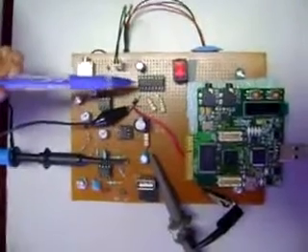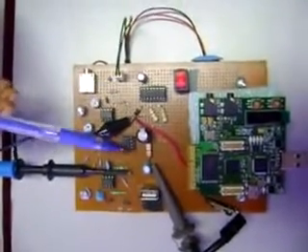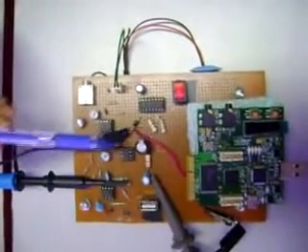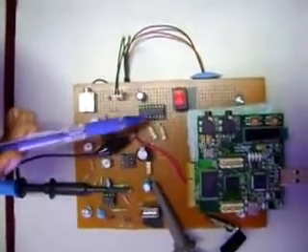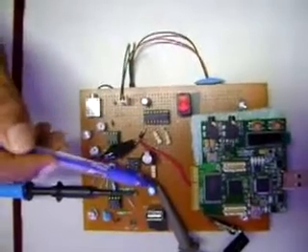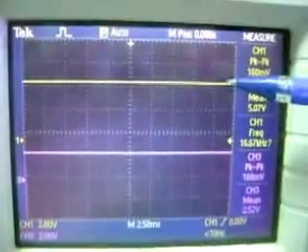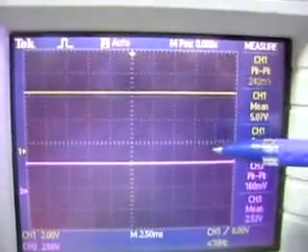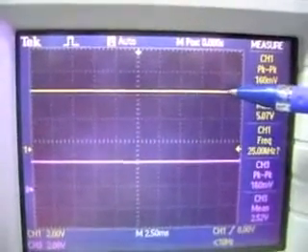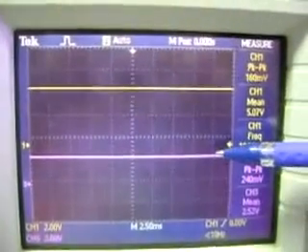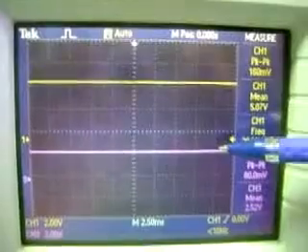In this part, I will show you the outputs of all the analog modules. This is the step-down regulator IC and this is the common mode generator IC. The oscilloscope probes have been connected to the output of the step-down regulator, that is this point, and also the output of the common mode generator, that is this point. There are two waveforms, yellow and pink. The yellow one corresponds to the step-down regulator output and the pink corresponds to the common mode generator output.